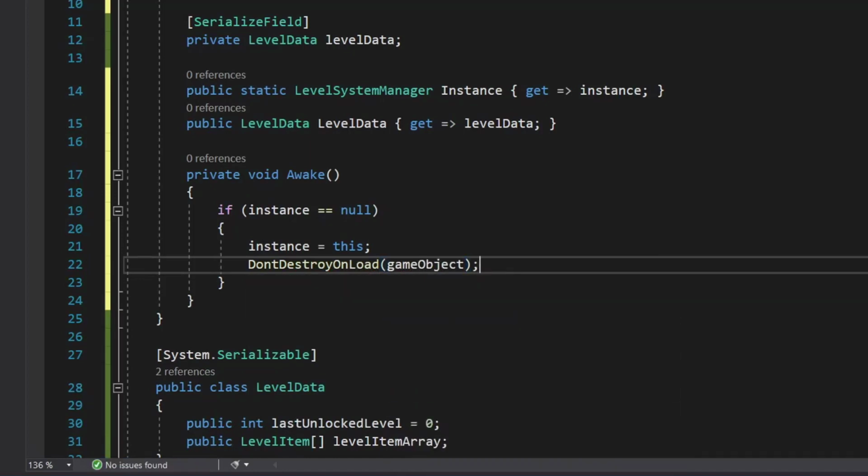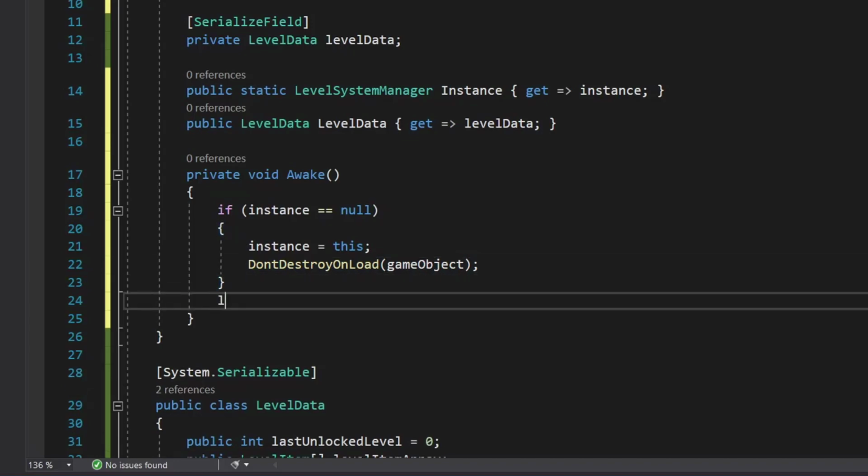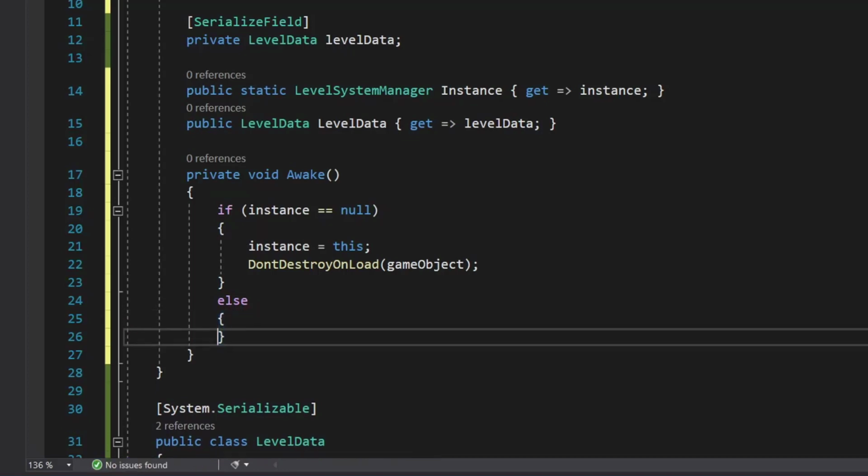So this will make sure that our game object on which this script is attached will not get destroyed when we move from one scene to another. And we also need an else check. So let's say we go back to a scene which has level system manager already, so we need to destroy it, right? So we'll just set else